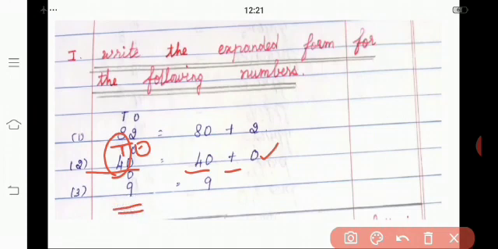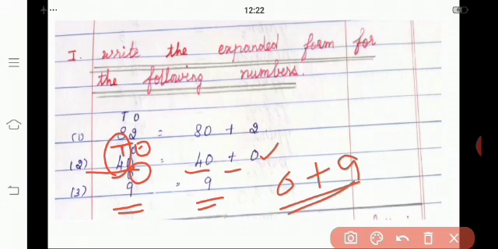Okay children, look at the third example. We have a 9. As well as we have to write the place value. Here only one digit, so we should write the ones. So we can write 9 alone. Here we have 0 tens, so we may mention 0 tens plus 9 ones. So 0 plus 9 we get 9. So that ones place is enough. Do you understand children? Shall we move on to the next one? Good.